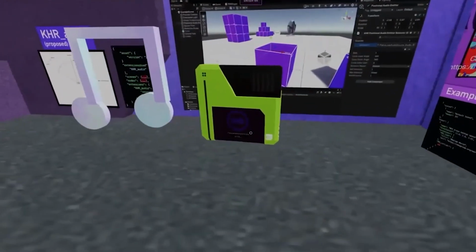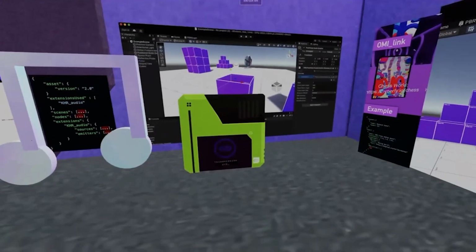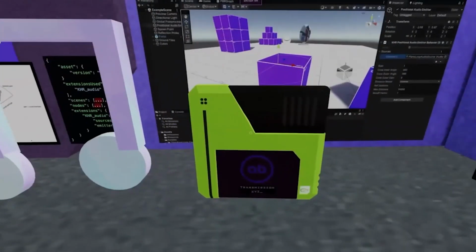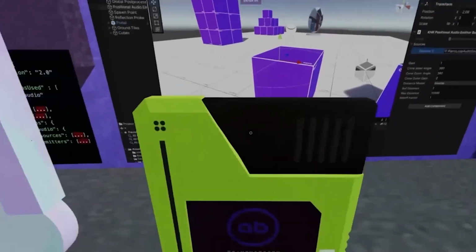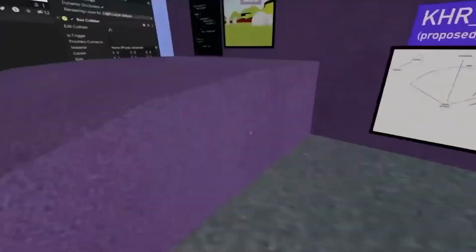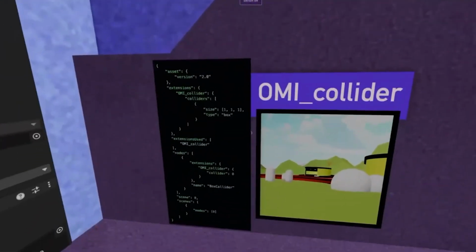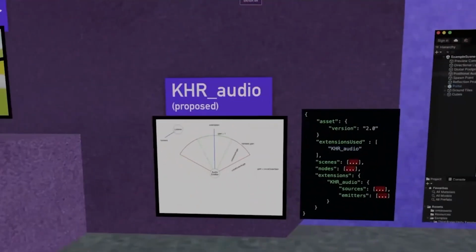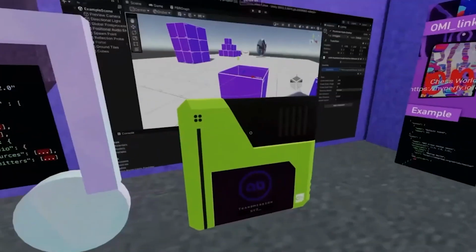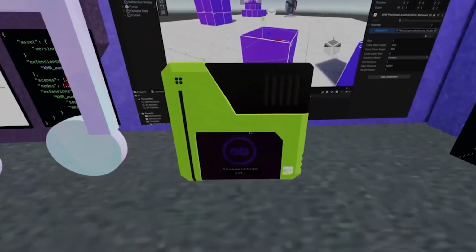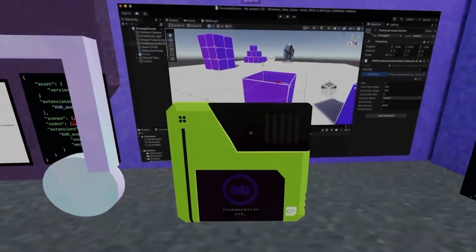For my implementation of the collider, where you click to play, I'm using a collider on it and generating an object to collide, and then on that collision, it clicks the play button and plays the audio. So in my case, I'm assuming that the object has an OMI collider and also has an audio node, so that collider plus node equals interactable thing that you can click on and turn on. So yeah, that's one approach there for at least audio.